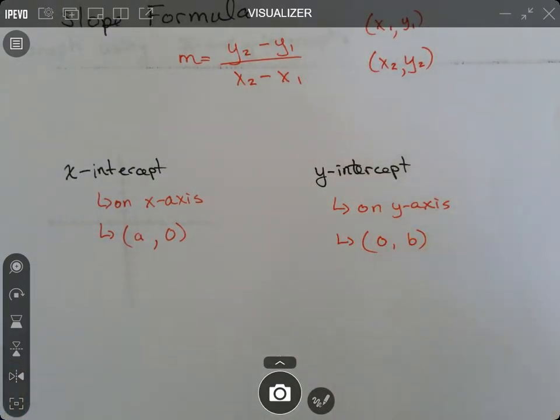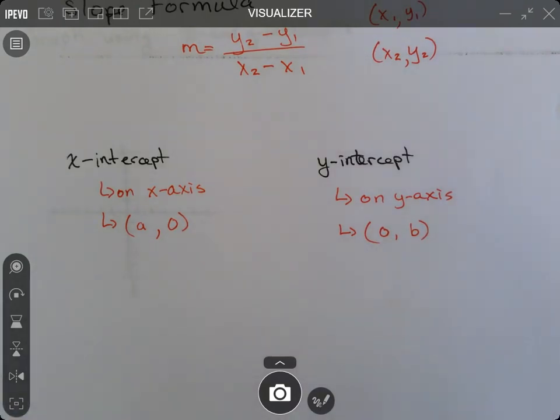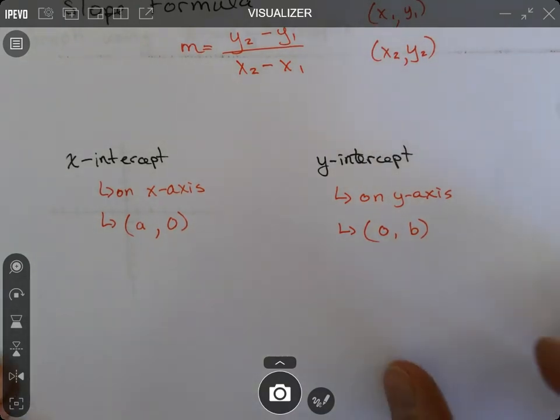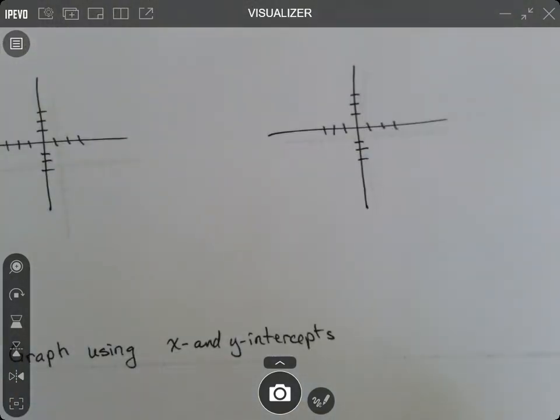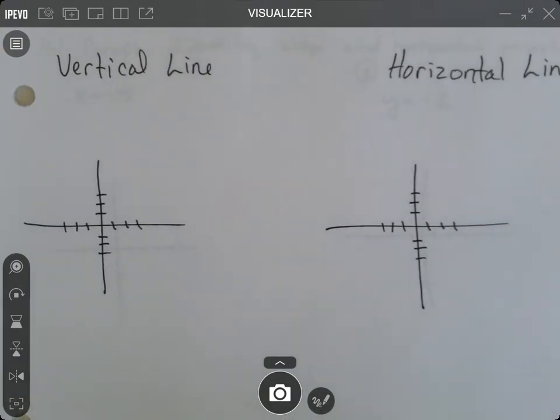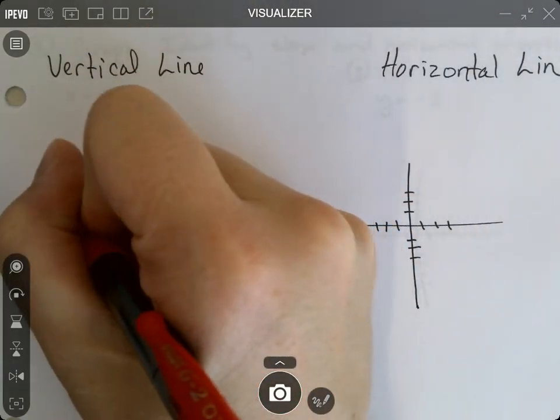All right, so let's put some of these rules to work. This review is more focusing on just the graphs and writing equations. So there's still other content for chapter 2, but we're just focusing on this. Tell me what you know about vertical lines. Okay, what's a vertical line look like? Show me with your arm. Which way does it go? Okay, up and down. Yep. So if I drew a vertical line right here,